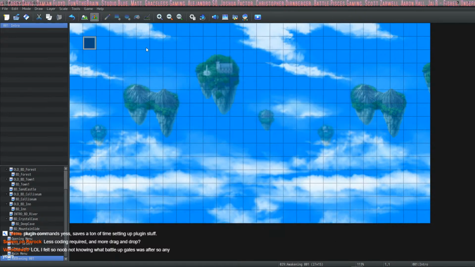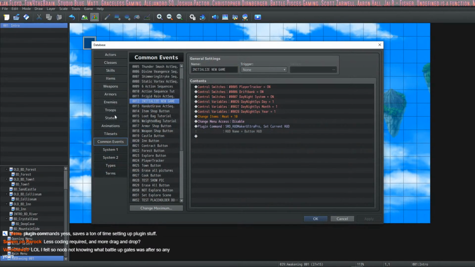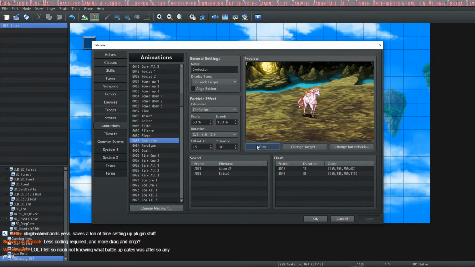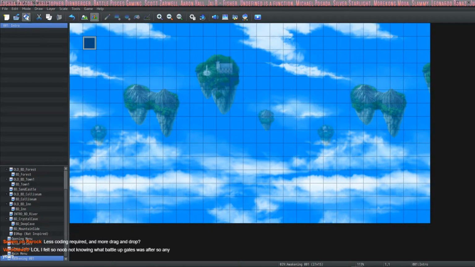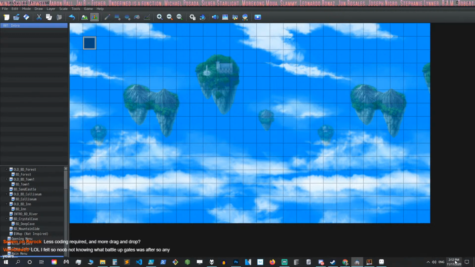Obviously, the animations, the biggest thing that everyone's gonna notice if you go to your animations tab, you're like, holy shit, it looks different, right? Yep. We're using 3D particle animations now. I feel like I've gone over this a million times, but it is a newer engine, and I'll keep doing it up to like the first year, and then I'll be like, just go look at some older content, you know.